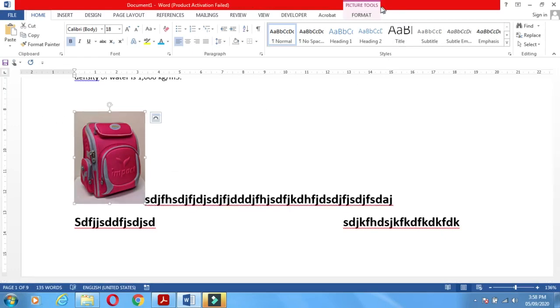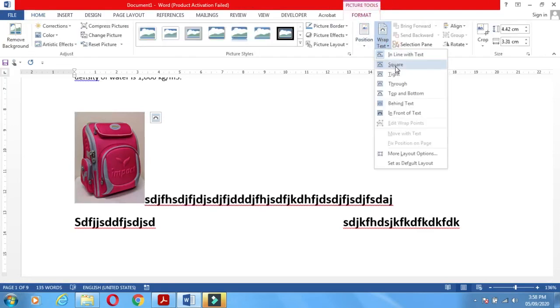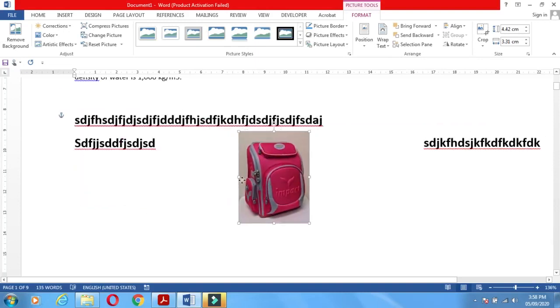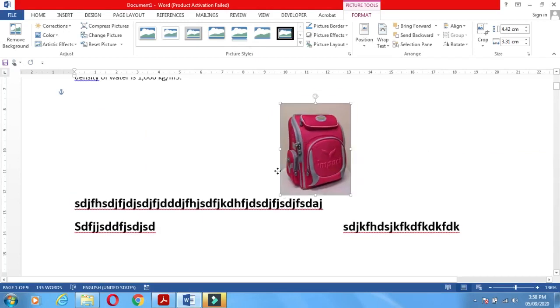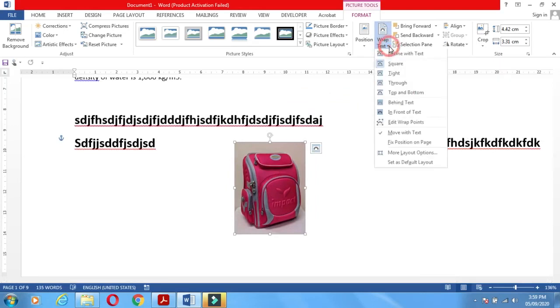When you click on the picture and click on Format, you use the second option, Square. Square means the picture is with the text, in the middle of the text.